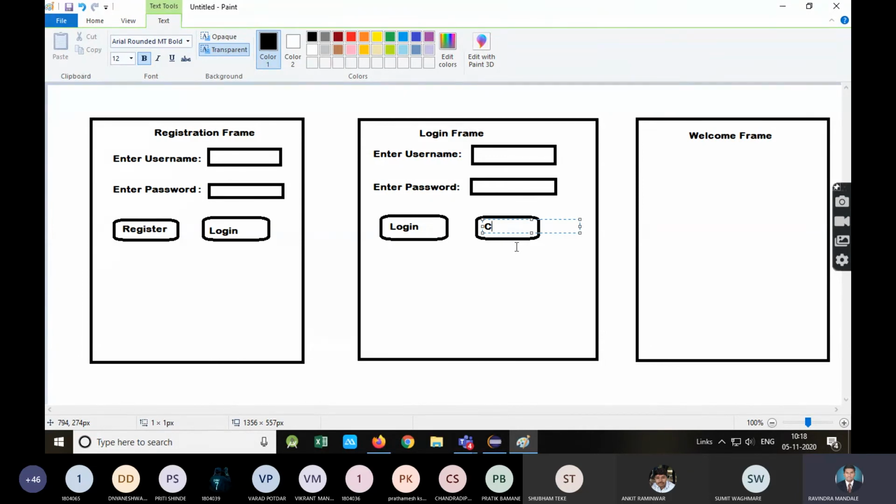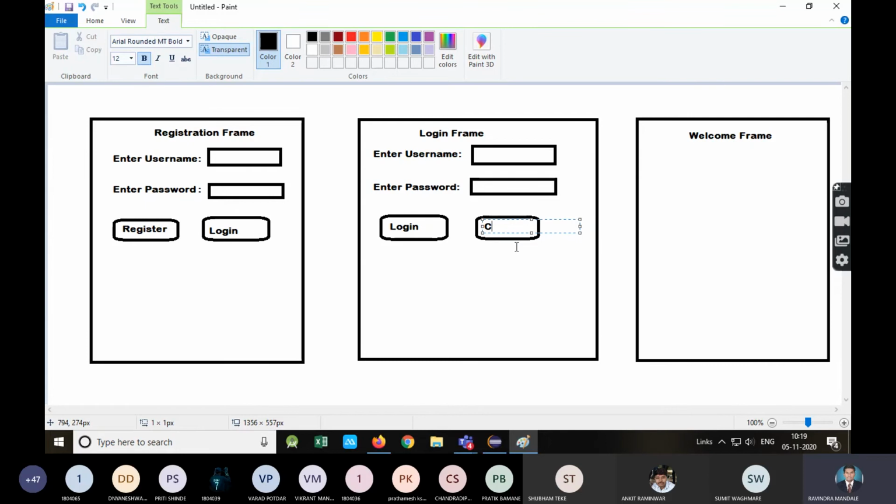Suppose there are 1,000 records. I'm going to compare the username and password entered by the user with all those usernames and passwords. If there is a match, that means he is an authenticated user, a valid user because he has already registered with our application. In that case, I will redirect that user to the welcome frame.